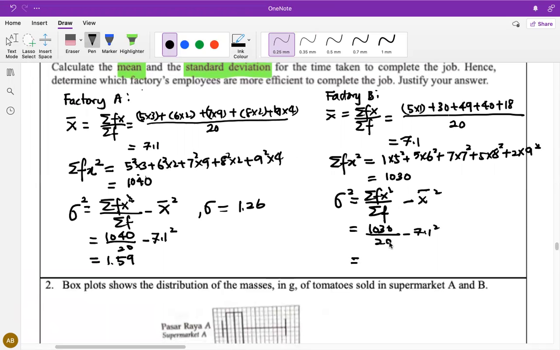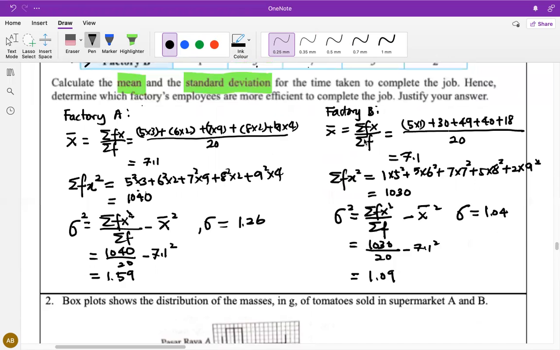Of course, factory B is less. So you get 1.09. So the standard deviation is 1.04. Okay, 1.04. Therefore, we can say that